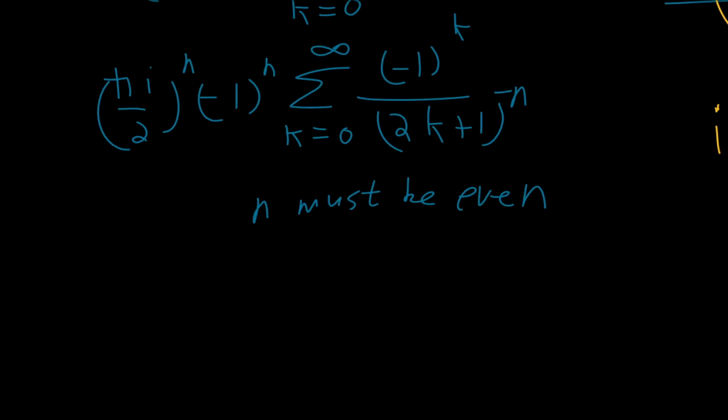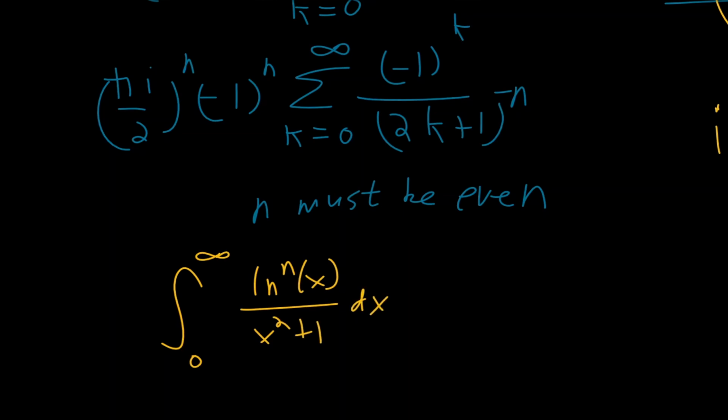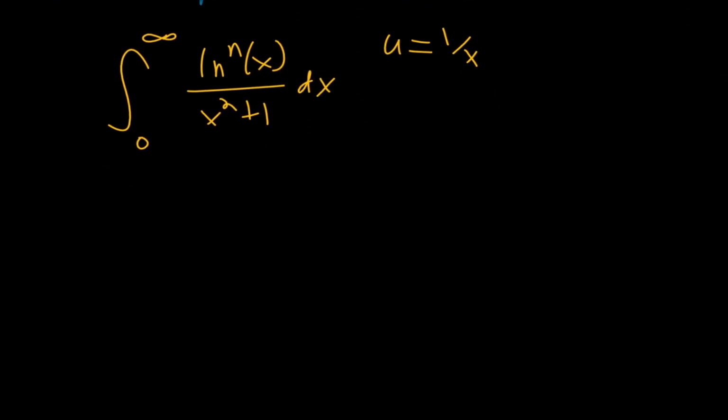And say you still aren't fully convinced by this. Let's write down our original integral to begin with: the integral from 0 to infinity of natural log to the n of x over x squared plus 1 dx. And now let's consider the transformation u equals 1 over x. So let's just let n be odd real fast. That means we can express our integral as ln of, I'll just use m,